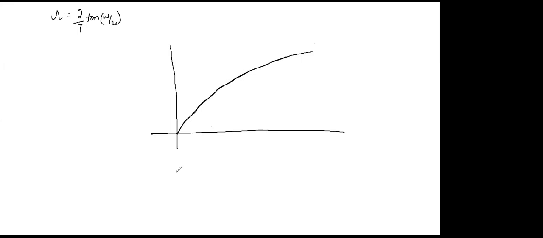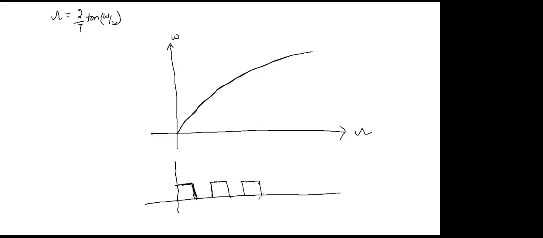Now I will show you the responses also so that people will understand. This is the relationship between capital omega and small omega, analog to digital. Now I will take the magnitude response and show you how it varies in the digital domain. I want to plot in the digital domain. This is the analog domain, magnitude of H of j omega.